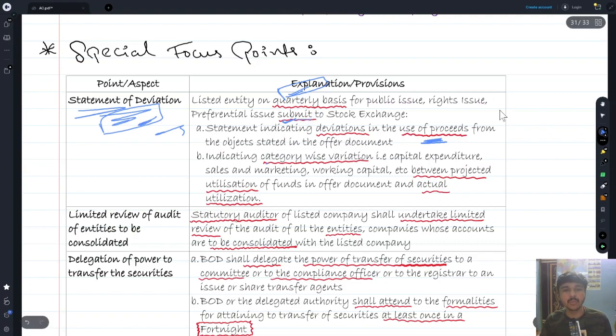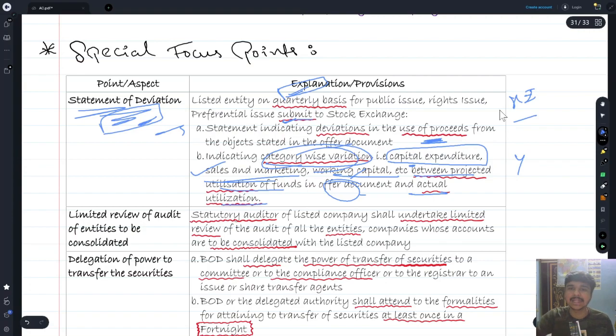Now you also have to make a category-wise variation. For example, you have raised some X money through IPO for capital expenditure, but you have used that money on, say, sales and marketing for a Y product. Say you raised the money for capex, but you spent it on sales and marketing, working capital, or whatever. Or you raised it for working capital and spent it in some other way. So between projected utilization of funds and actual utilization of funds, whatever the deviation is, you need to give category-wise